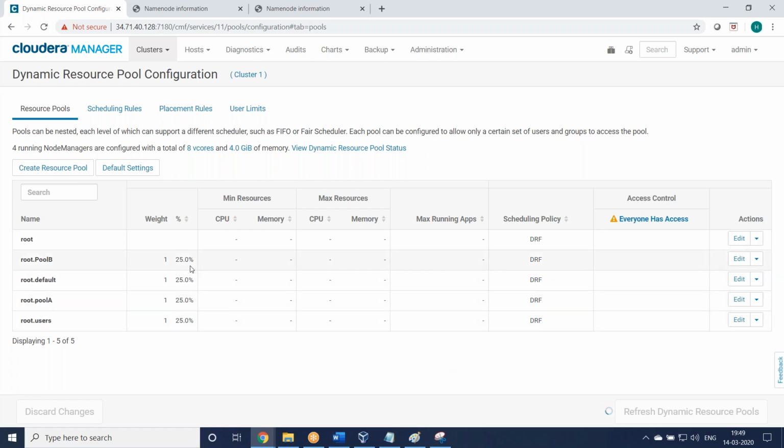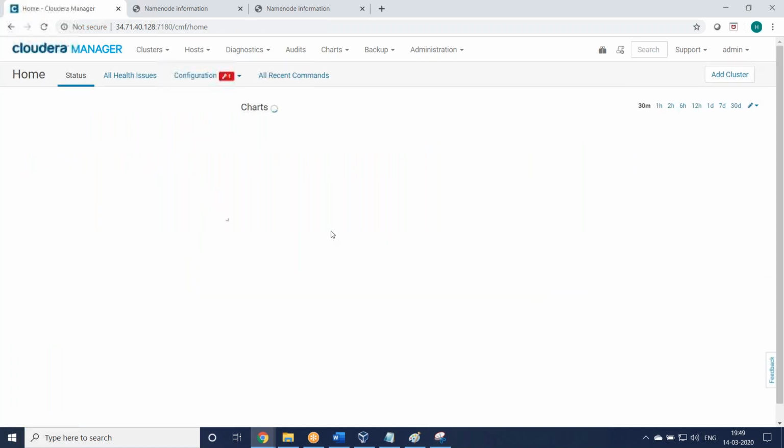If you remove pools and go with root, only root default, 100% will display. So this is the configuration at the YARN resource manager level, pool level, groups, assigning the groups, default groups, and how to add a new group.